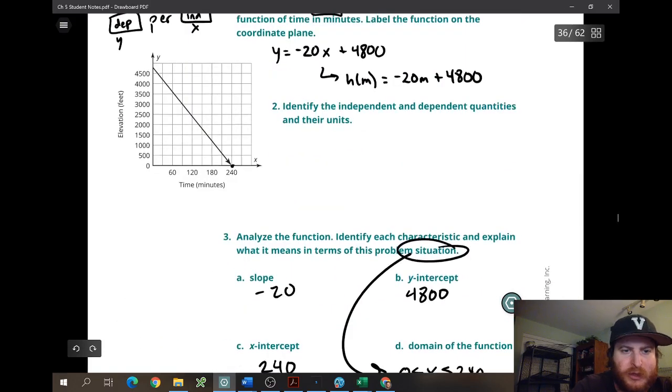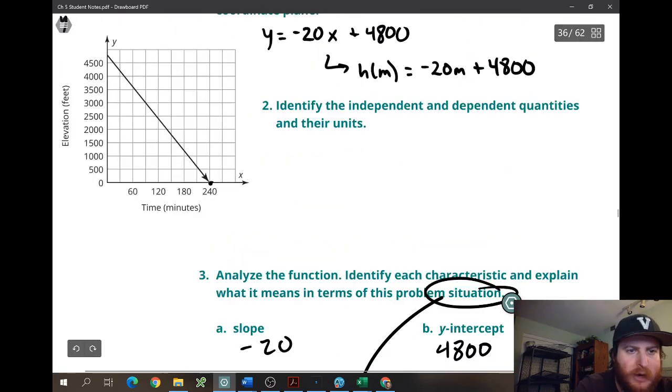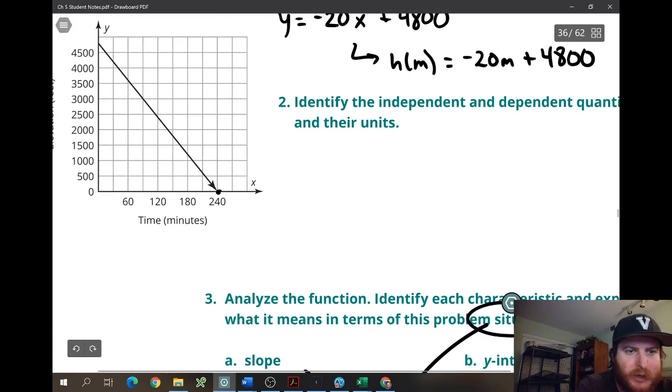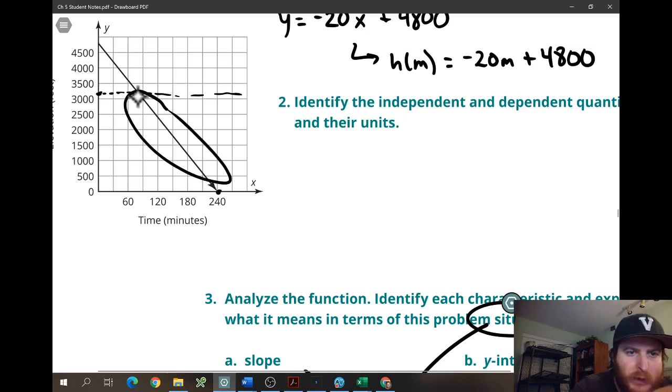So let's go to 3,200 feet. Now, 3,200 is somewhere in between 3,500 and 3,000, probably a little bit below half, right? So half would be 3,250. So if I drew a line over, it would be this region down there. That would be the region below. If we look down here,